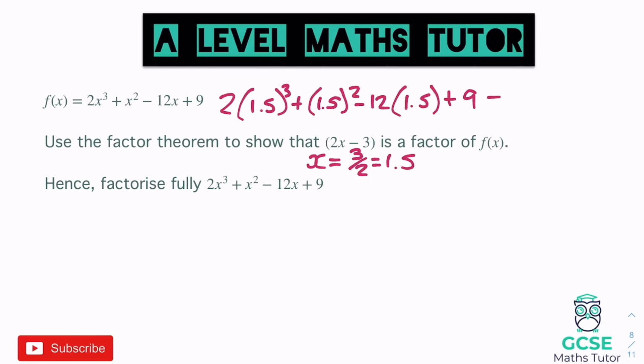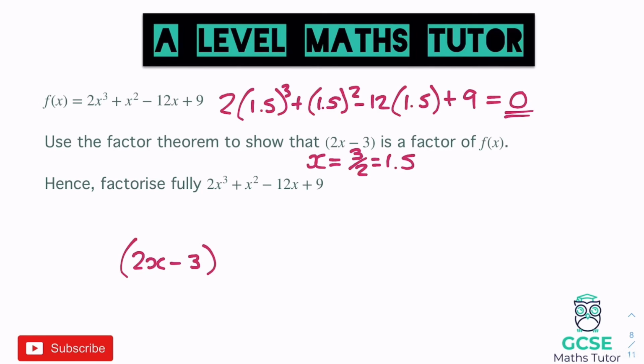There we go. Always just double check, don't just assume it's going to equal 0, do make sure that you double check that, and show that you actually do get it, and show your working out for that as well. Right, so obviously going about factorising this, we've got 2x minus 3 as our first bracket,